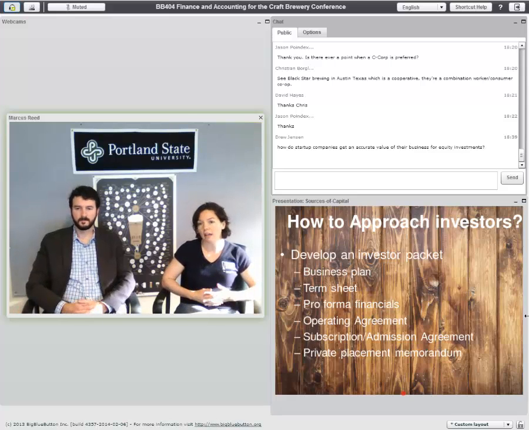You also are going to have in the investor packet an operating agreement, so they could see the legal terms associated, what they would be getting themselves into from a legal standpoint. The subscription or admission agreement is the agreement that an investor would sign to say, sign me up. And the private placement memorandum, which is a legal issue. That's going to be a document that's used, and it doesn't have to be exactly a private placement memorandum. It can be